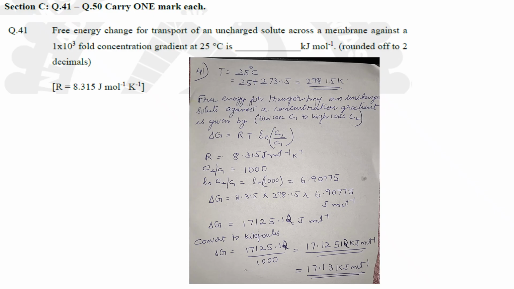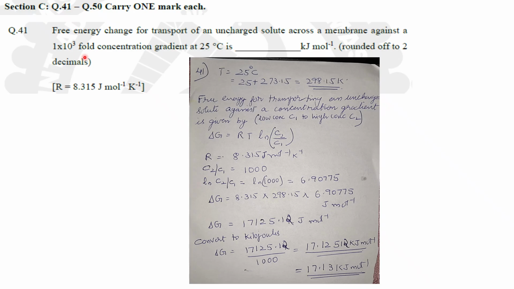So coming to the first question in this, I will be discussing mainly the numerical aptitude questions, mainly the biology questions. Physics, chemistry, maths I am not discussing. So coming to the first question, free energy change for transport of an uncharged solute across a membrane against a